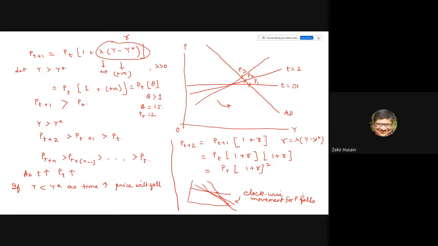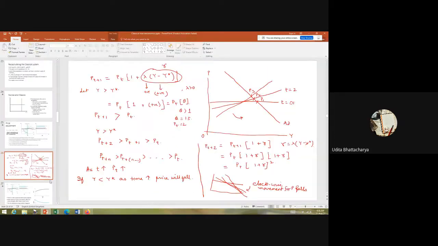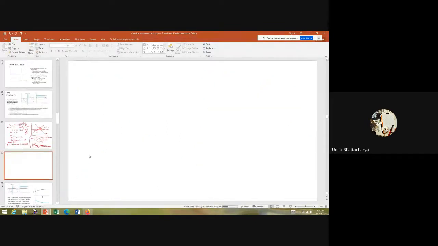Should I draw it properly for you? Sir, if we try to draw this, the supply curve is becoming negative. So in this case, the movement is starting from the long run curve itself, from vertical, and we are moving to the flatter one.